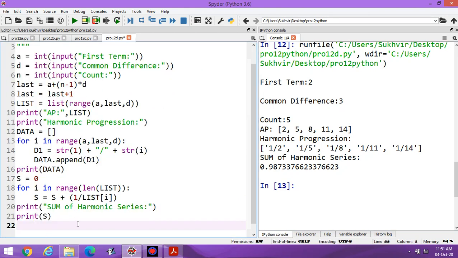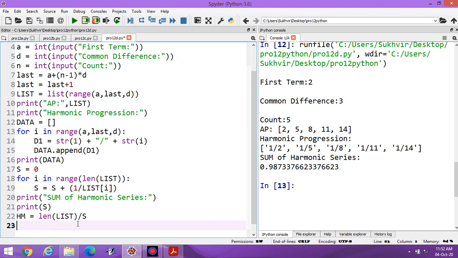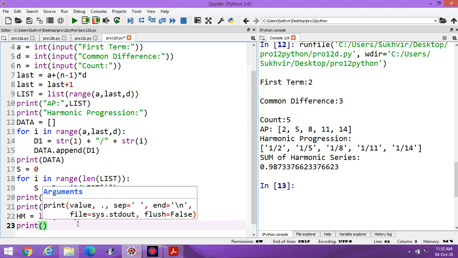Okay. For that, harmonic mean is equal to length of the list, then divided by S. Now print harmonic mean of series.